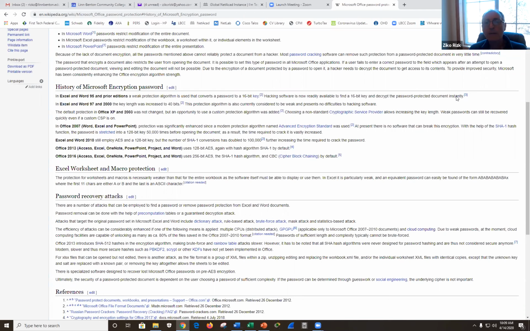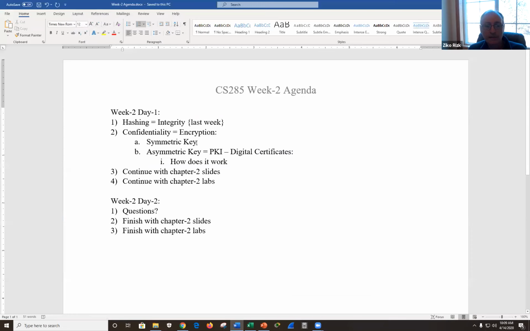All right, well, let's talk about PKI. So I want to come back to my agenda. So we talked about symmetric. And symmetric is fairly easy to explain, and it works really, really well. The problem with symmetric is if you're at home and you want to go to Amazon to buy something, how do you exchange the symmetric key? So we want to use symmetric because it's a relatively short key and it's a relatively efficient key. But the problem is, how are you going to exchange the secure key between your home computer and the Amazon computer? And this is why we invented asymmetric, or PKI, public key infrastructure.